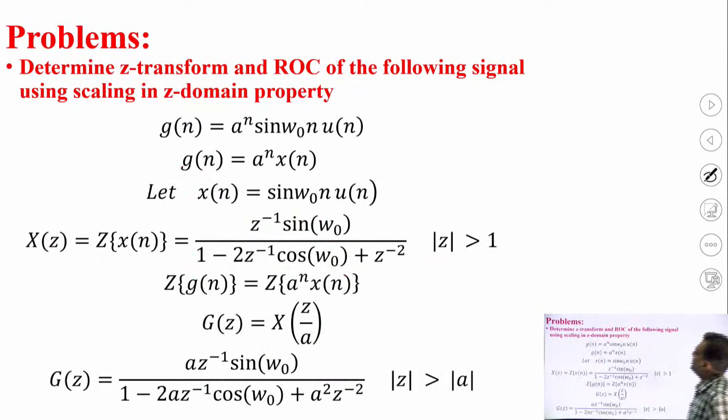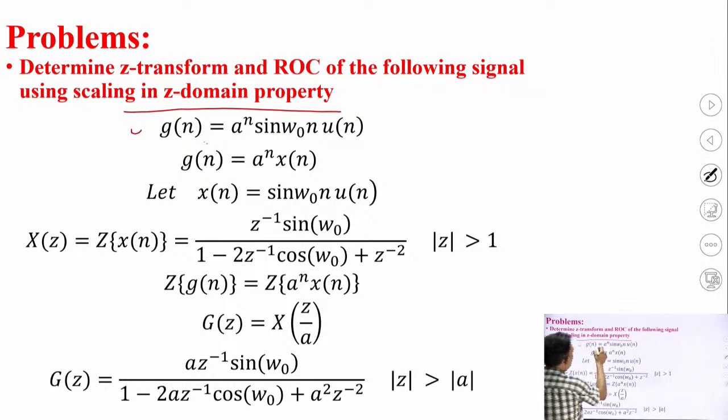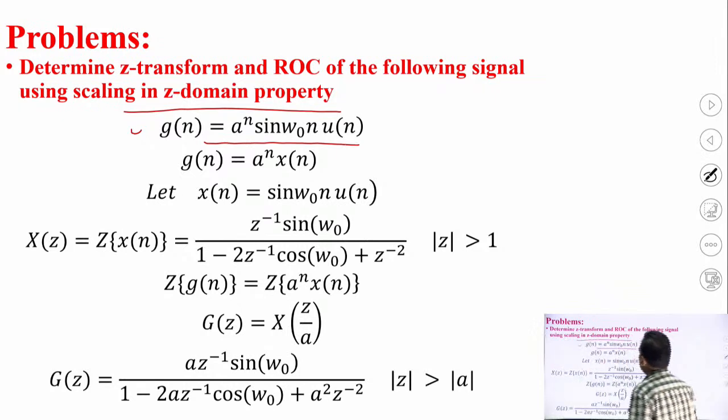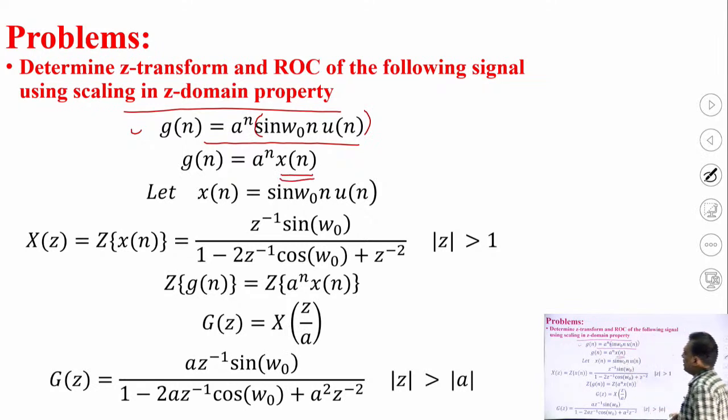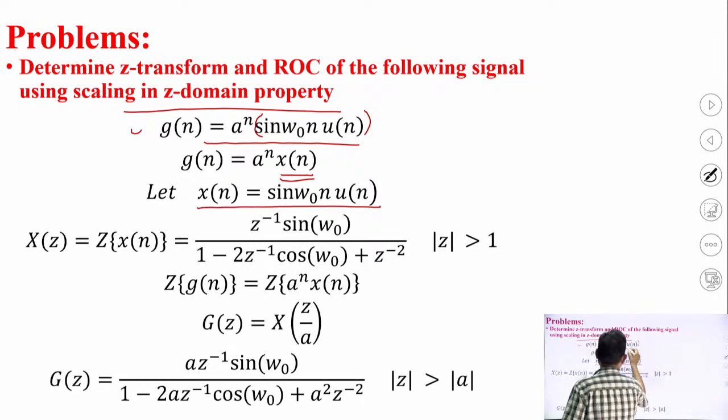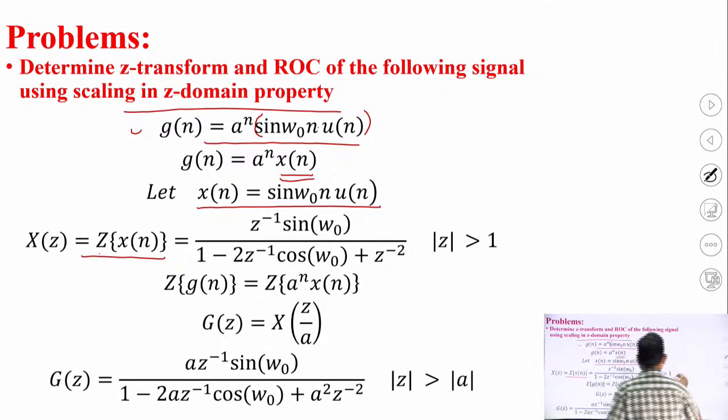Okay, now determine the Z transform and ROC of the following signal using the scaling in Z domain property. So let us suppose our sequence g(n) is a to the power n sin(omega naught n) u(n), and we are taking this sin(omega naught n) u(n) as x(n). So now our sequence becomes a to the power n x(n), where x(n) is sin(omega naught n) u(n). We have already calculated the Z transform of sin(omega naught n) u(n) previously. From there we can directly write this Z transform, which is z to the power minus 1 sin omega naught upon 1 minus 2 z inverse cos omega naught plus z to the power minus 2,